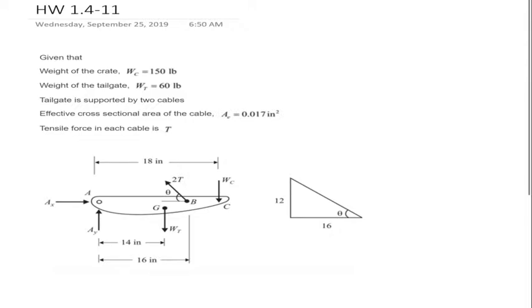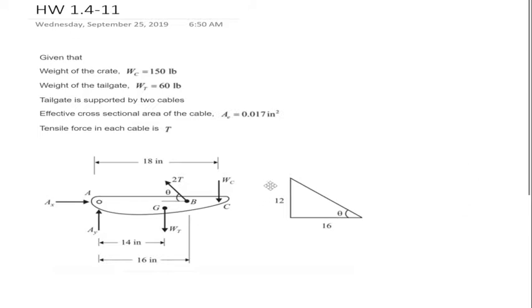Here, there's going to be a reaction force in the y direction and a reaction force in the x direction in the hinges of the tailgate, and obviously the crate is going to have its own weight. Okay, perfect. We have the dimensions here: 18 inches, 14 inches, 16 inches,